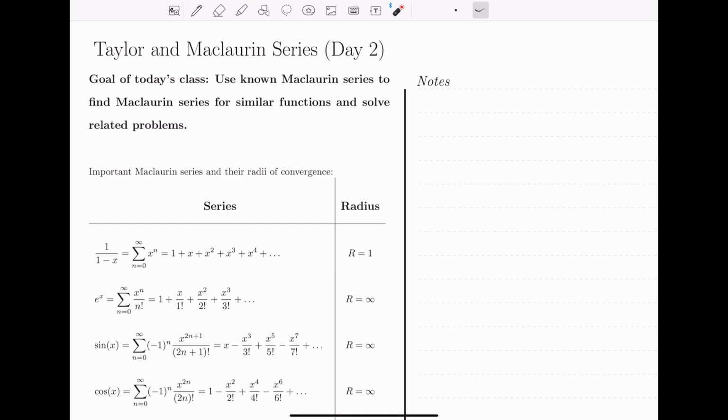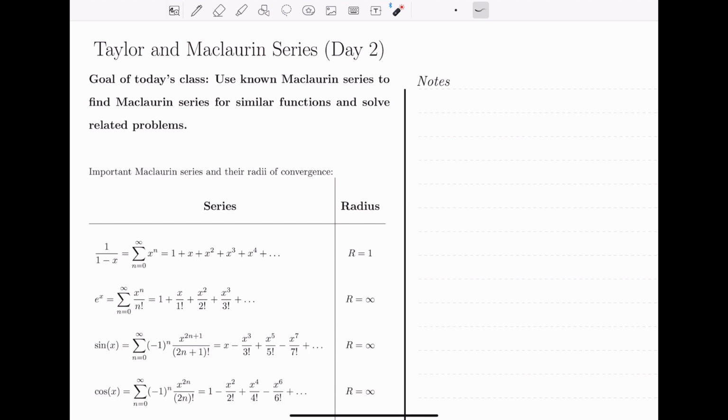Welcome back to Calculus 2. We are continuing learning about Taylor and Maclaurin series. And we actually have a different handout here, and we're sort of switching gears from what we did with the previous handout. In the previous several videos, we were really trying to understand the concept of Taylor and Maclaurin series,